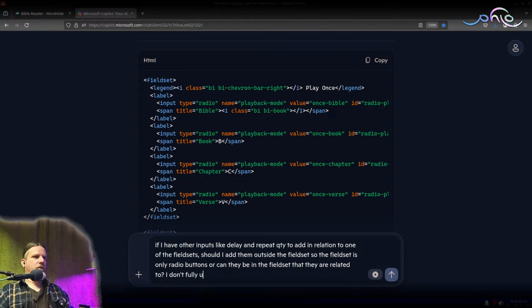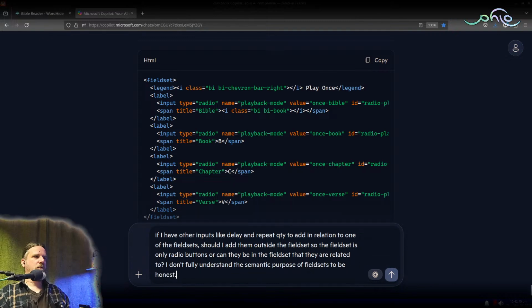I don't fully understand the semantic purpose of field sets, to be honest.